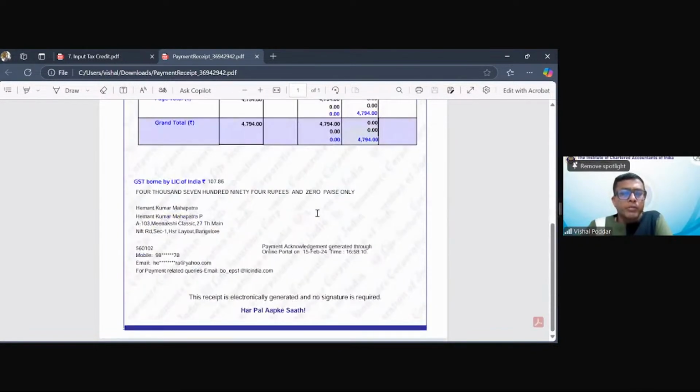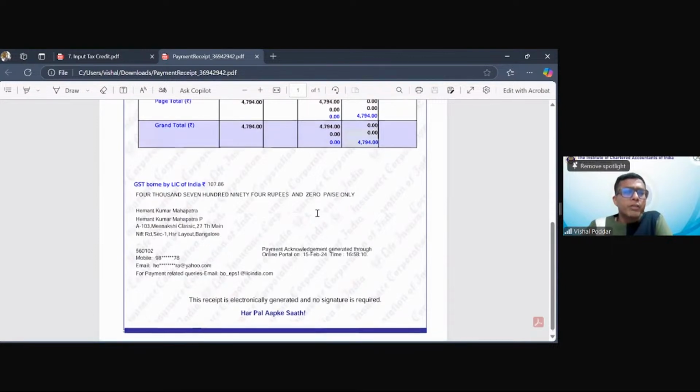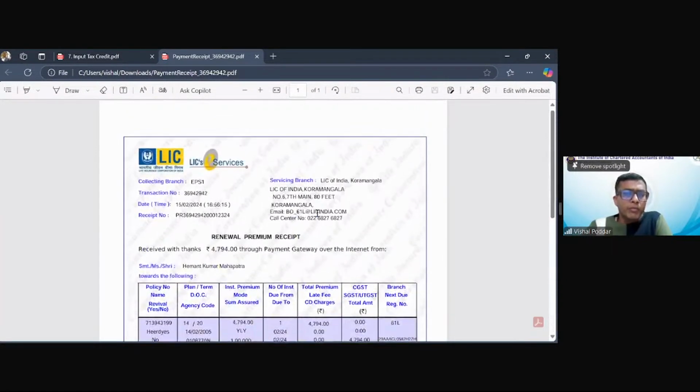Reason is because when this policy is given to you, you are an individual. We have taken this policy in our individual name, correct? We are anyways not eligible for any input tax credit on personal expenses, correct? In 17.5, what we are going to study today in the block credits, you have these premium which is blocked. That is why, and plus, when we will study the topic of maintenance of accounts and records, where the invoice